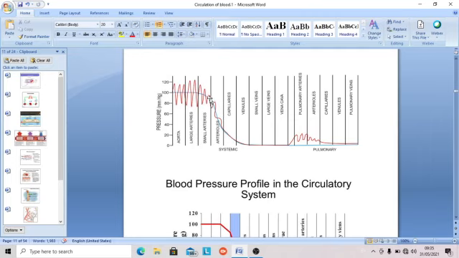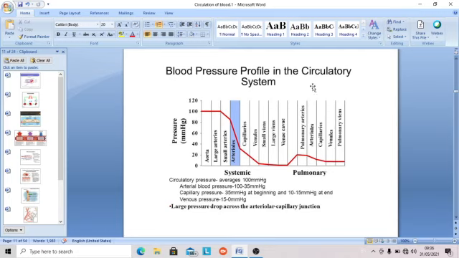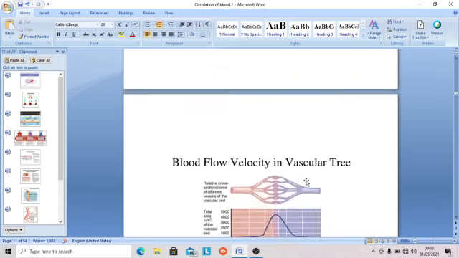In arterioles, the average pressure suddenly becomes low, and the pulse dissipates at the end of arterioles. In capillaries, there is no pulse. In venules, there is no pulse. It's also zero in small veins, and zero in the vena cava. Then in the left atrium, it rises somewhat. In the pulmonary artery, there is a pulse again, 10 to 25, and the pressure suddenly reduces in pulmonary arterioles. In capillaries, some pressure is there, and it becomes zero in the pulmonary venules and then pulmonary veins. Same blood pressure profile, the same thing.